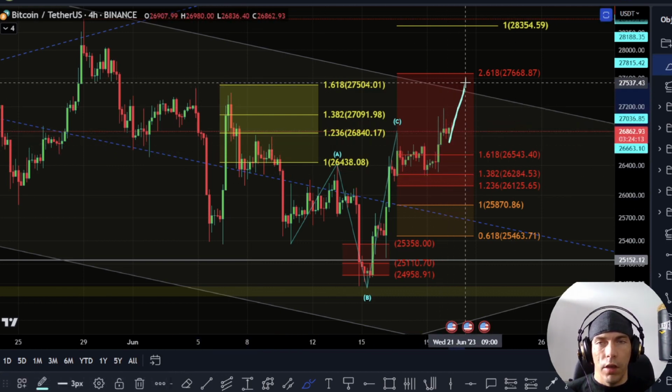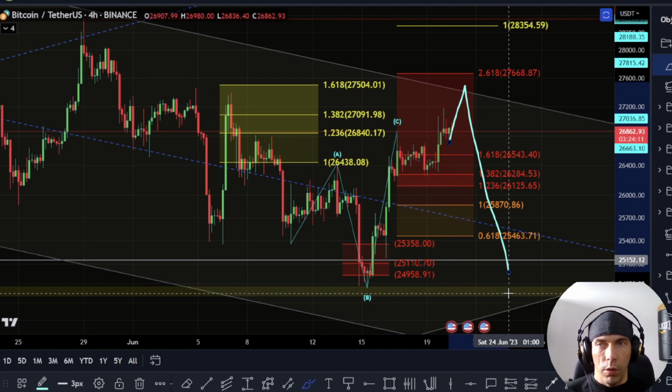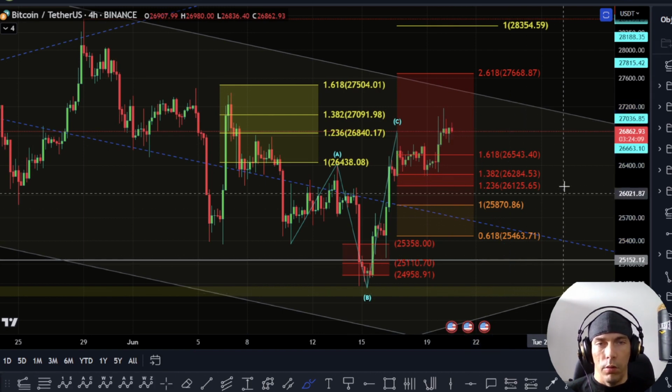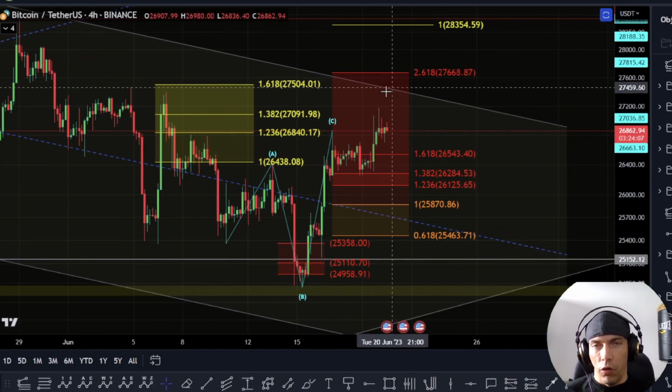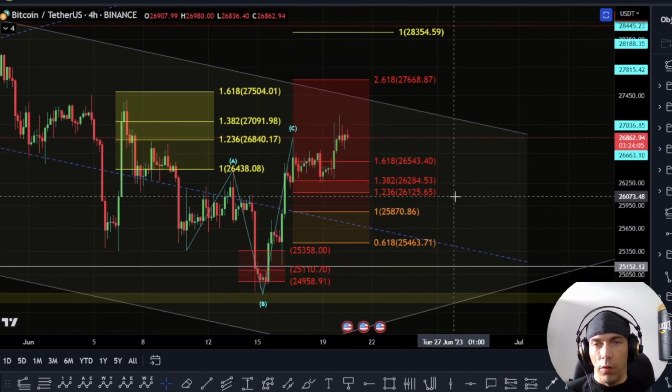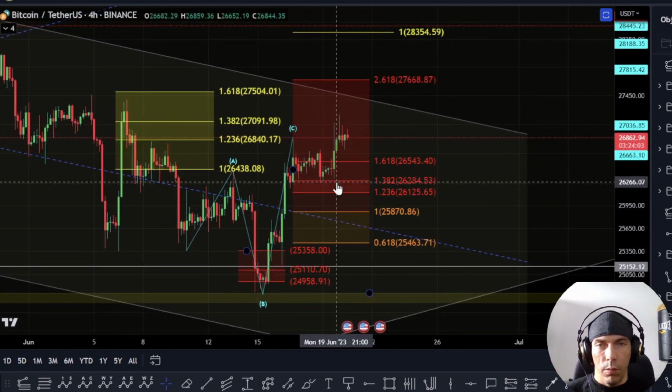If we do see price actually come back up here into the channel, we could see something along these lines where we do look to actually just have another push up here and then look to break down from that point. Though really, until we actually start to break down below this